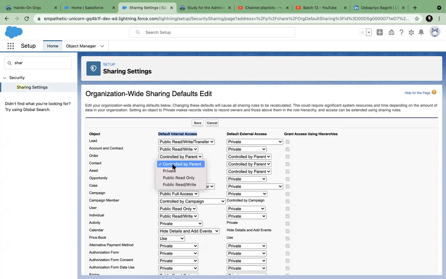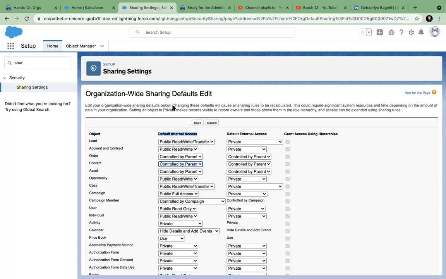Okay. Please note one thing. If it is a master detail relationship, the object has a master detail field. In that case, the owner field is not there at all, right? The owner field is gone. If you create a master detail relationship or master detail field on any object, that must be a custom object, right? Master detail can only be created in custom object. If you create a master detail field on an object, the owner field is gone.